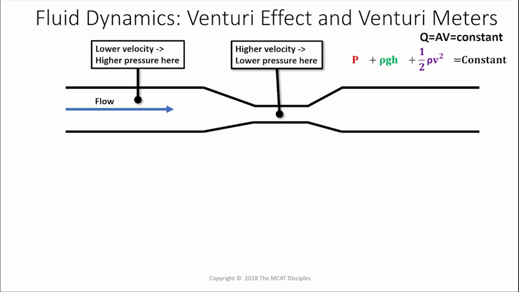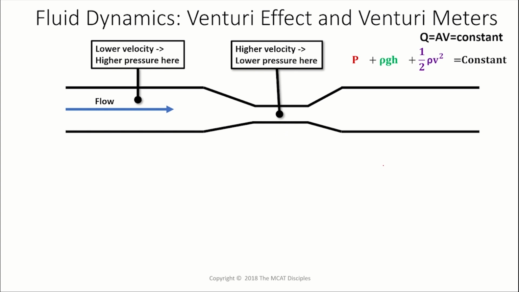All the Venturi effect says is that if you have a lower velocity, you have a higher pressure. If you have a higher velocity, you have a lower pressure. All that comes down to the fact that if you decrease the area, then you increase the velocity of fluid flow. You have more uniform translational motion and less random translational motion. Hence, you have less pressure when you lower area and hence increase velocity. That's all the Venturi effect says.